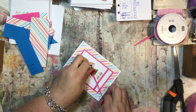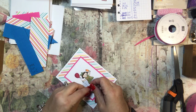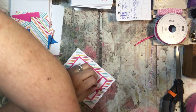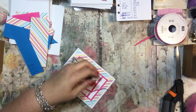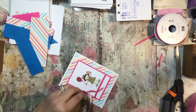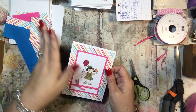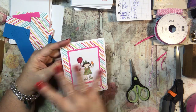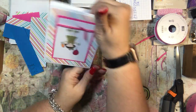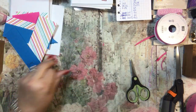And I liked working with the colorful background because I could use lots of different colors when I was coloring, so that was fun. And then also, just as a tip for some of you that may not know, when you're doing these, if you pick a piece of designer paper that is not made to go in a certain direction, so it's non-directional, it makes it a little bit easier because you can put it any which way and it still looks great. So just another tip. So there's card number 2,